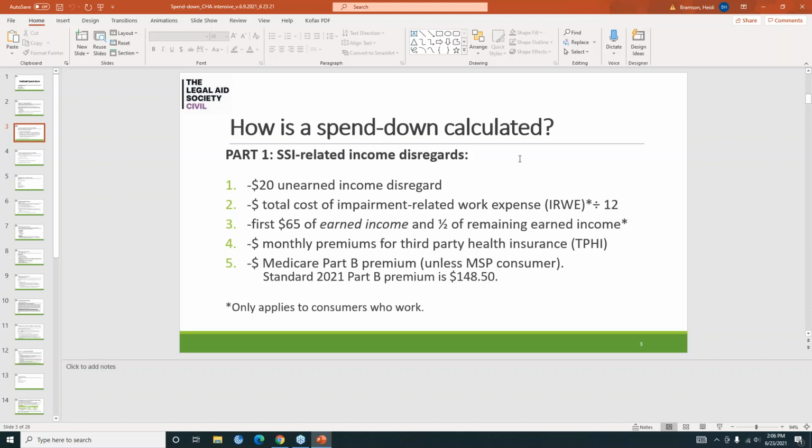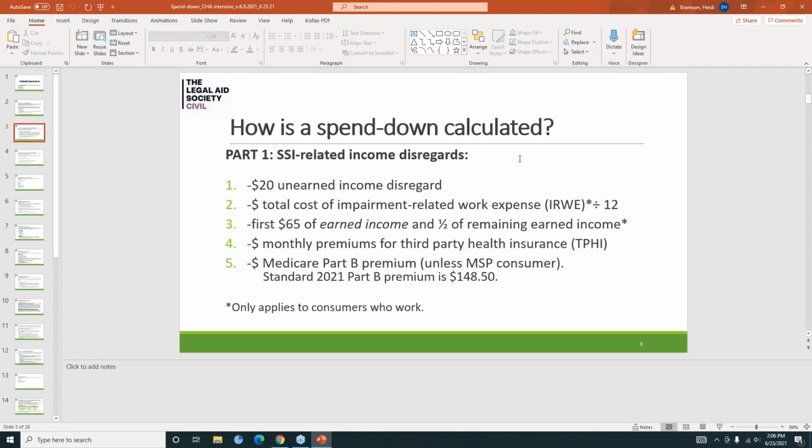The total cost of those work expenses, let's say it's particular expenses for transportation to get to work, or perhaps a certain accommodation that's needed in the house, certain equipment that's needed, so that the total cost of that expense can be divided by 12, and then that monthly deduction will be disregarded from the consumer's income.